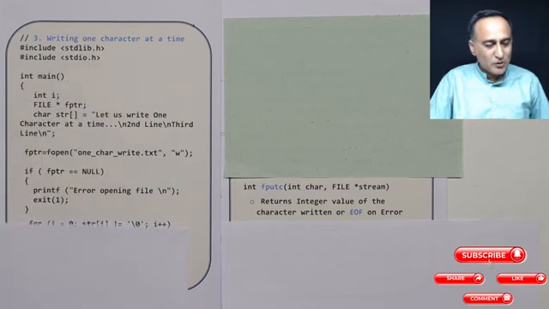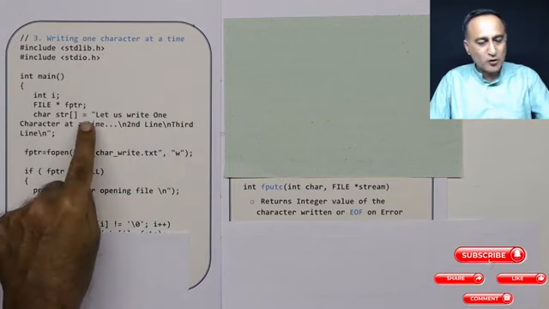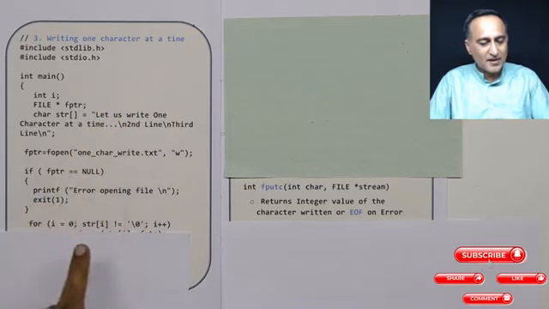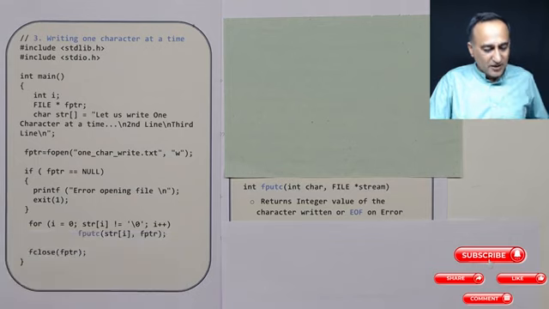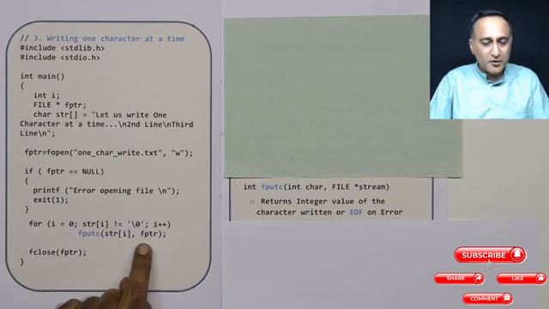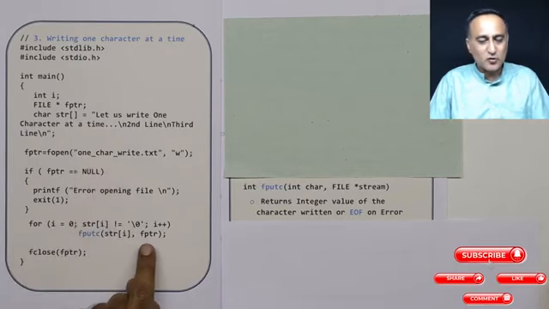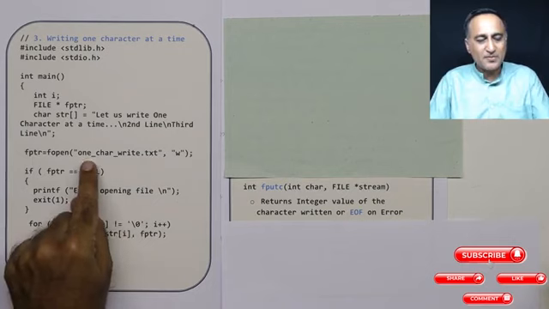Then see what I am doing using a loop. I am using a for loop starting from the 0th location of this string. As long as I have not reached the null or end of the string, I am using fputc to write one character at a time to the location pointed to by fptr. fptr is referring to this file on the hard disk. fptr is also known as your stream. Stream stands for the source of your input or output. My output happens to be a file with the name